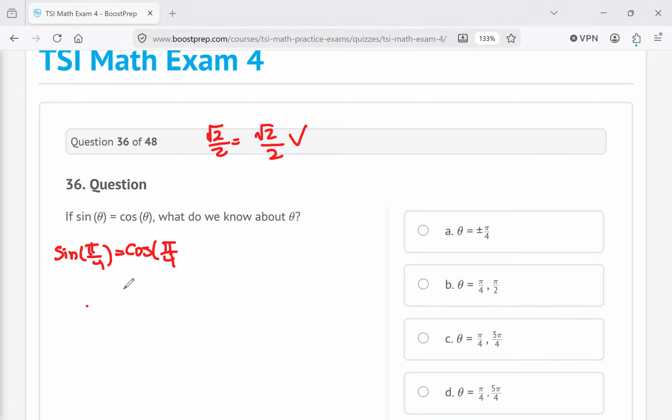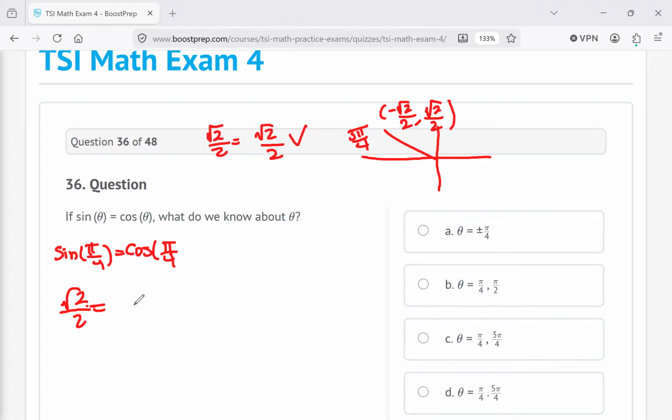There's negatives, right? What about B? I don't think so, because pi over 4 and pi over 2 are different. What about C? I know pi over 4 works, but what about 3 pi over 4? So where's 3 pi over 4? It's right here. It has an x value of negative radical 2 over 2 and a y value of radical 2 over 2. So the sine of that is positive radical 2 over 2. The cosine,